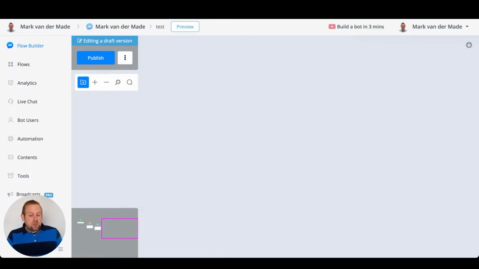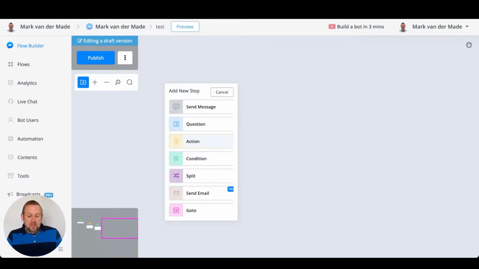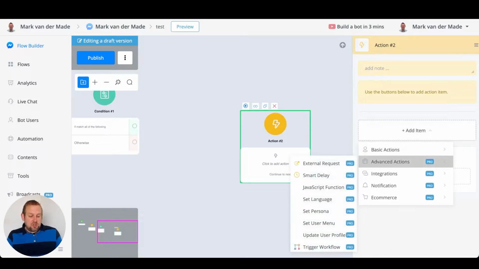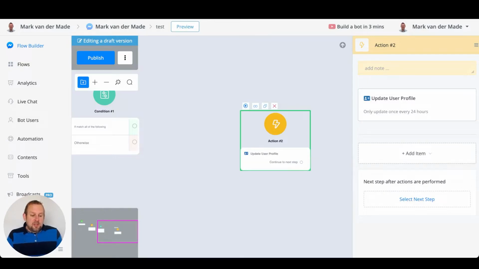So the way to do this is really simple. We can go inside of an action block, then we can go towards the advanced actions, and there you will have the update user profile. Once doing so, you will also have a notification: it only updates once every 24 hours. This is a limitation inside the API, but this should not matter because this will help you fix that time